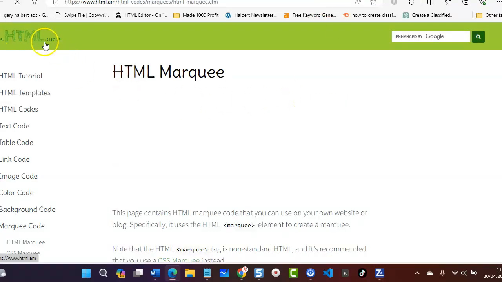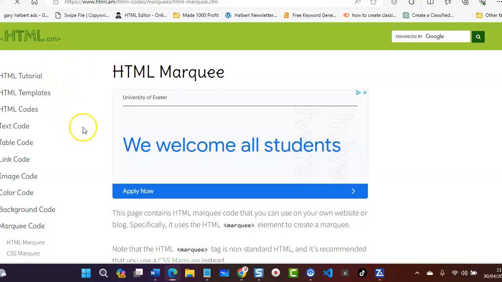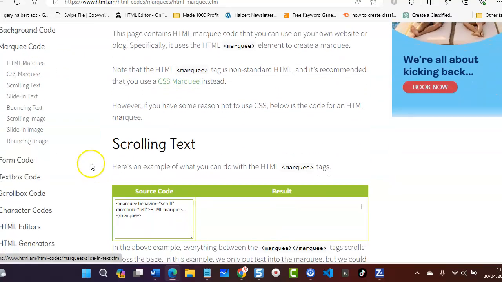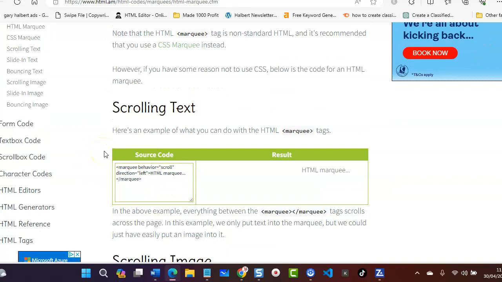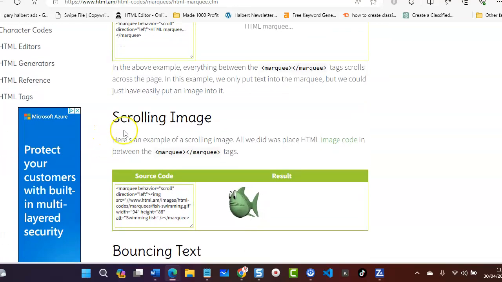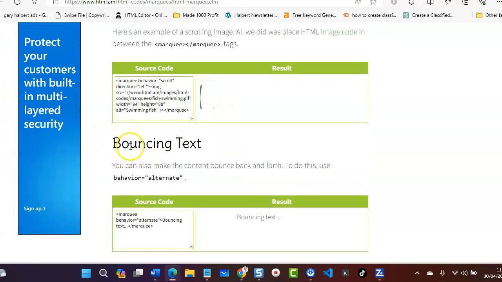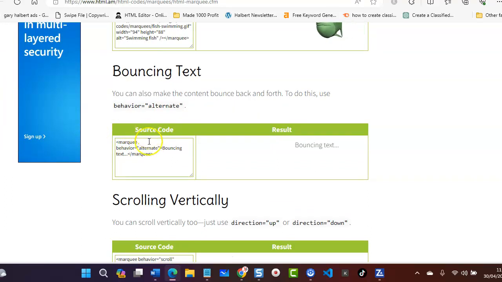So what I did was I went over to this website here again, which is linked, and I'll leave all the links in the description so you can find these pages. And as you can see, there's quite a different scrolling text, scrolling images, bouncing text. This is the one that I used. So all I did was just copy this,